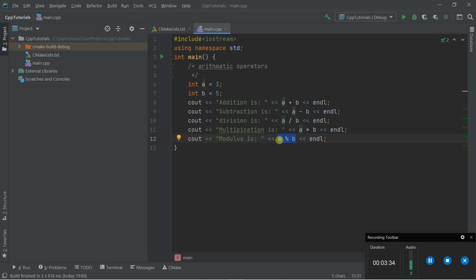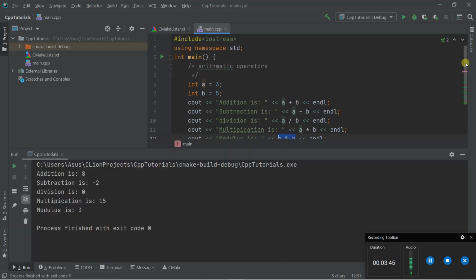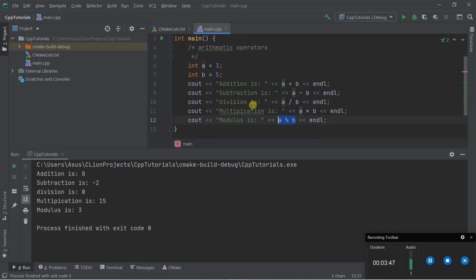So let's run the program. When we perform the addition operator, 3 plus 5 is 8, so the output is 8 in the first line, and if we subtract 5 from 3, the output is minus 2.